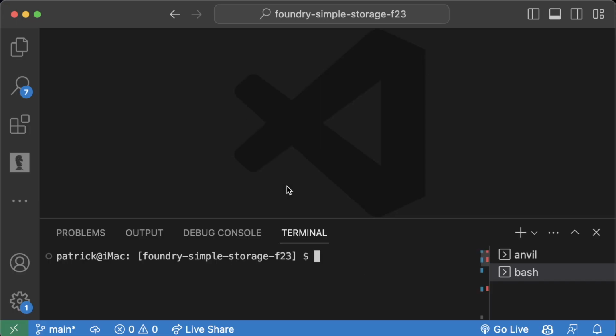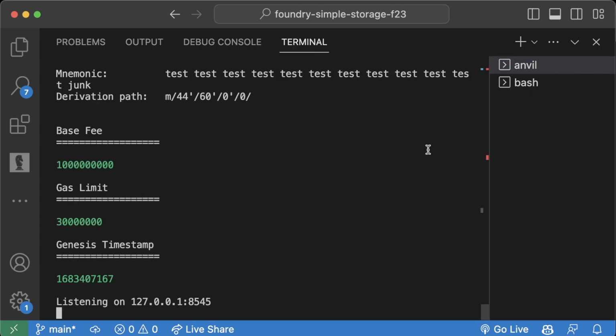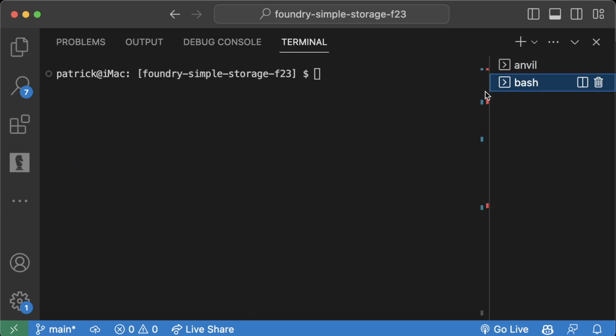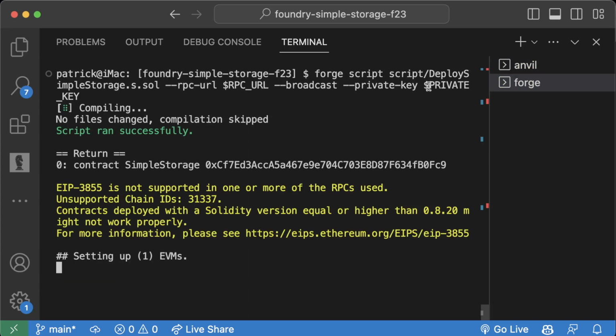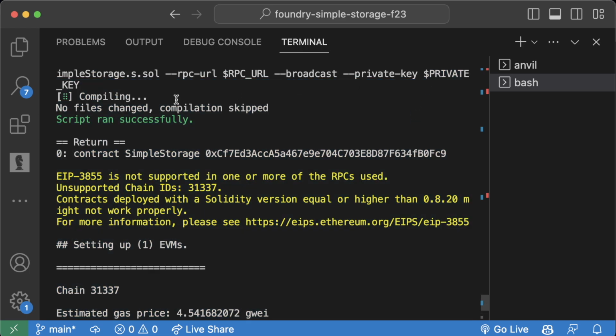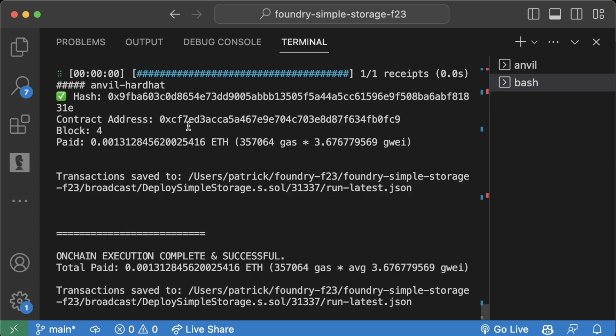In any case, let's go ahead and learn how to interact with these contracts from the command line first. And in later courses, we'll learn how to do it from scripts. So we have our Anvil running, and we've deployed our contract using at least something marginally better, using a private key as an environment variable, as opposed to just pasting it right in here. So what we can do now is take this contract address and start to interact